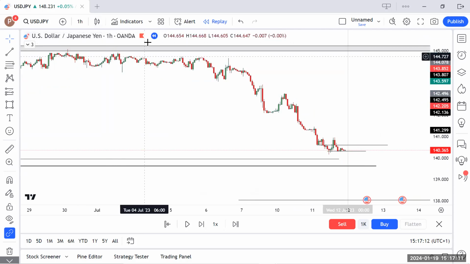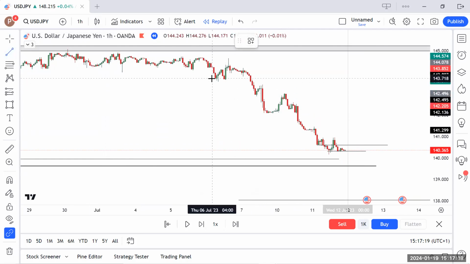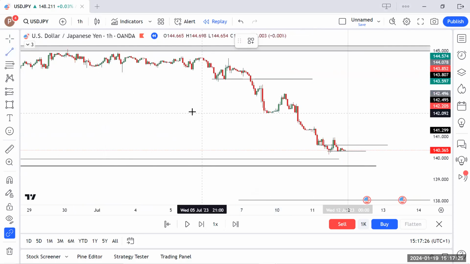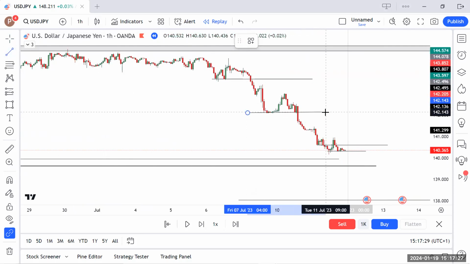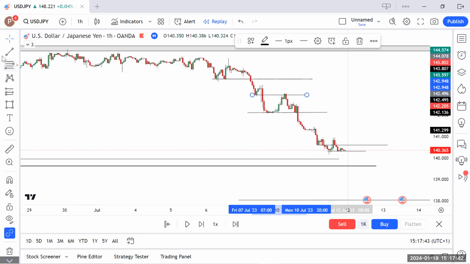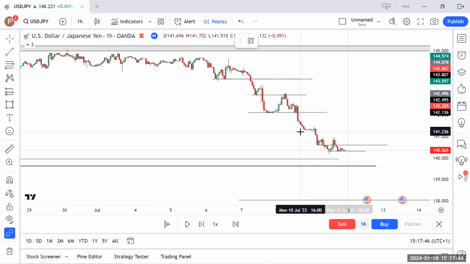So I plotted out my resistance and support zone. I'll mark that out again. This is a valid support zone because the market rejected from this point on several occasions. This is equally a valid support area. This is a valid resistance zone. Support turned resistance. Here